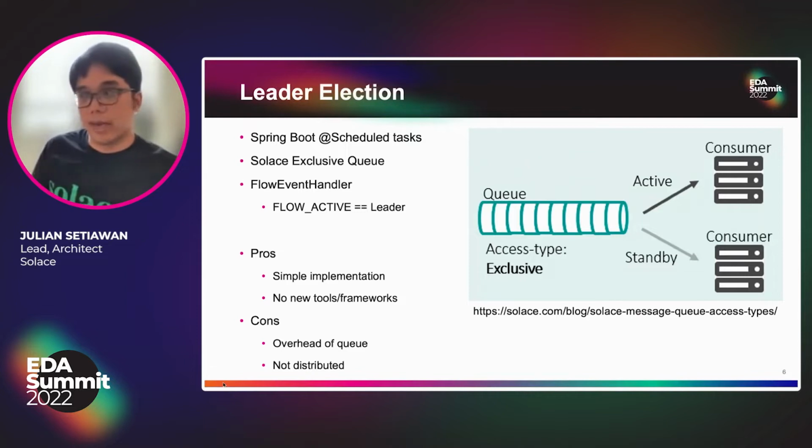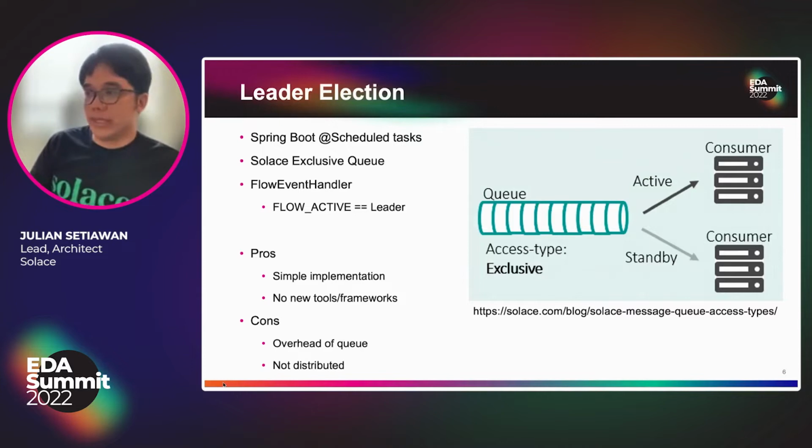So an exclusive queue, as a background, is a type of queue where all the consumers are sorted into active and standby. So you only have one active consumer and the rest are on standby. And this is mostly used in use cases where order is very important. And the nice thing about this is that the broker actually offers an API for knowing who is the active and who is a standby. So what we did is that we connected to an exclusive queue. So all the instances are connected to the same queue, and only the active one is actually going to execute any of the scheduled code. All the other ones will just sit around until they become active, which is when the active one eventually disconnects.